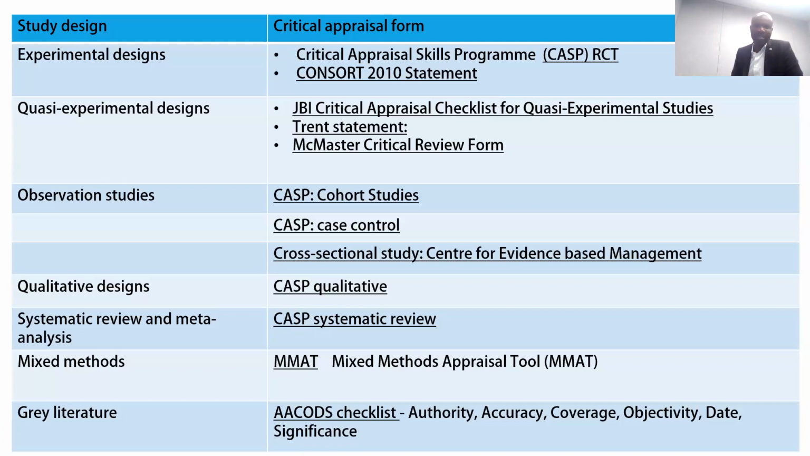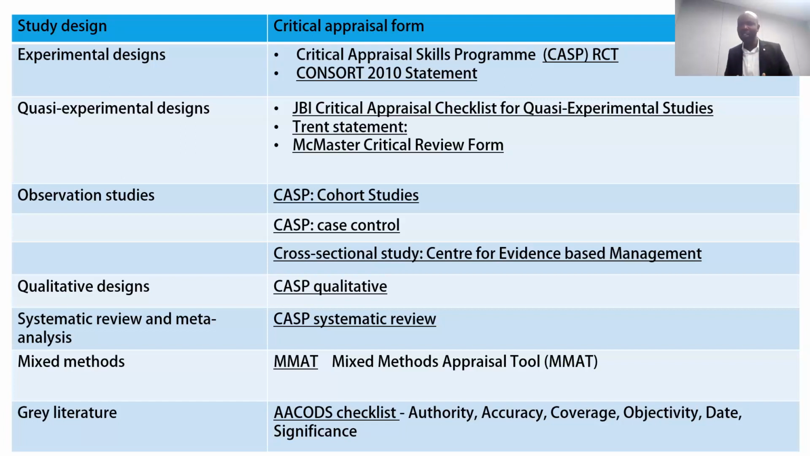Of course, there are also some suggested frameworks for quality checking observational studies like the CASP, with a specific one for cohort studies and a specific one for case control studies. And there is also a specific one for cross-sectional studies or cross-sectional surveys. You could also use the Center for Evidence-Based Management. Then, obviously, qualitative design, which most of us also find ourselves using, is the CASP qualitative framework, specifically designed